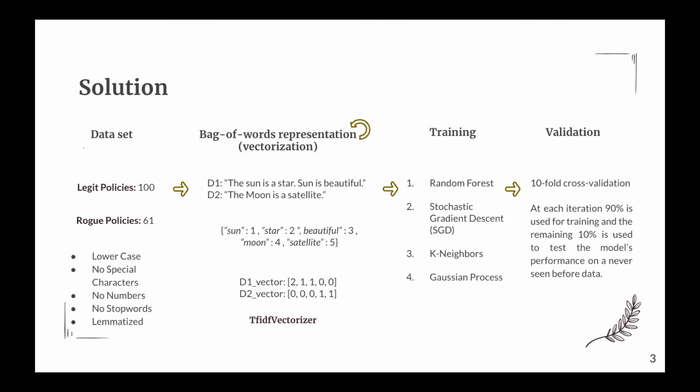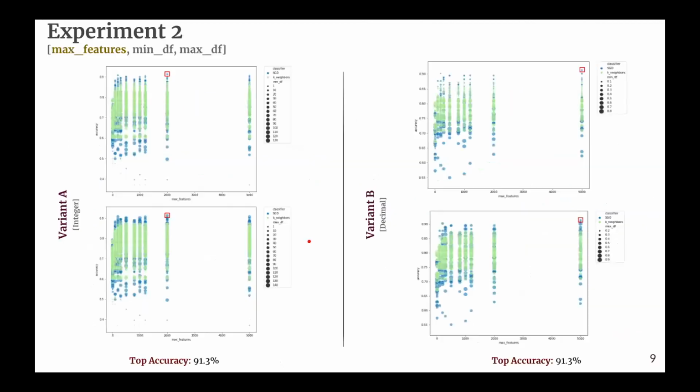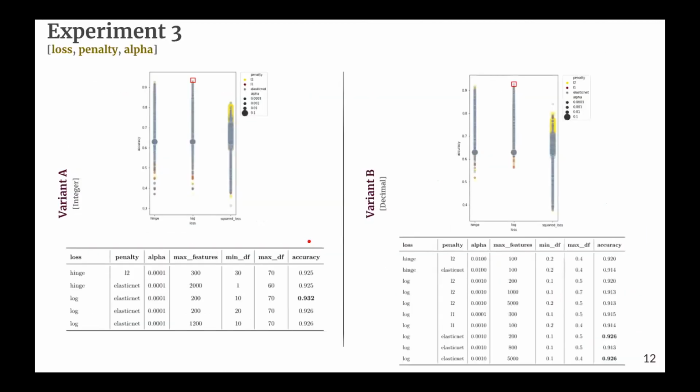Okay. Can you remind me which were the methods that work best in your case? Sure. So this is the final result that we got. In our case, what worked best was using a classifier of SGD. And the parameters that we used for that classifier was having a log loss, a penalty of elastic net, and the smallest alpha possible. And for the vectorizer, we had max features of 200, a mean DF of 10, and a max DF of 70. These were the parameters that gave the best results.